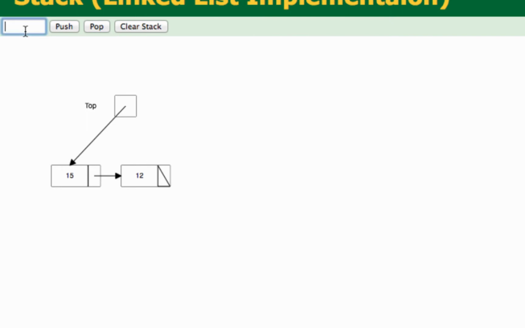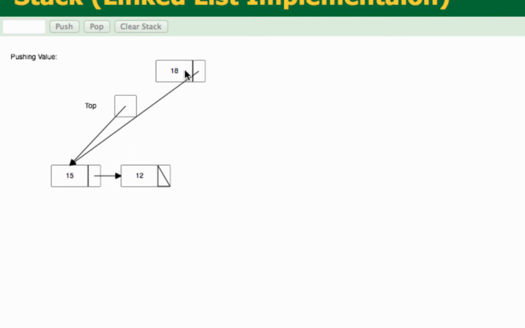Let's push another element just to have one more example. Let's say I want to push 18. First, a node gets created with 18. The link of 18 goes to the same node where top is pointing. Top is pointing to 15 right now, so 18 would also be pointed to 15.